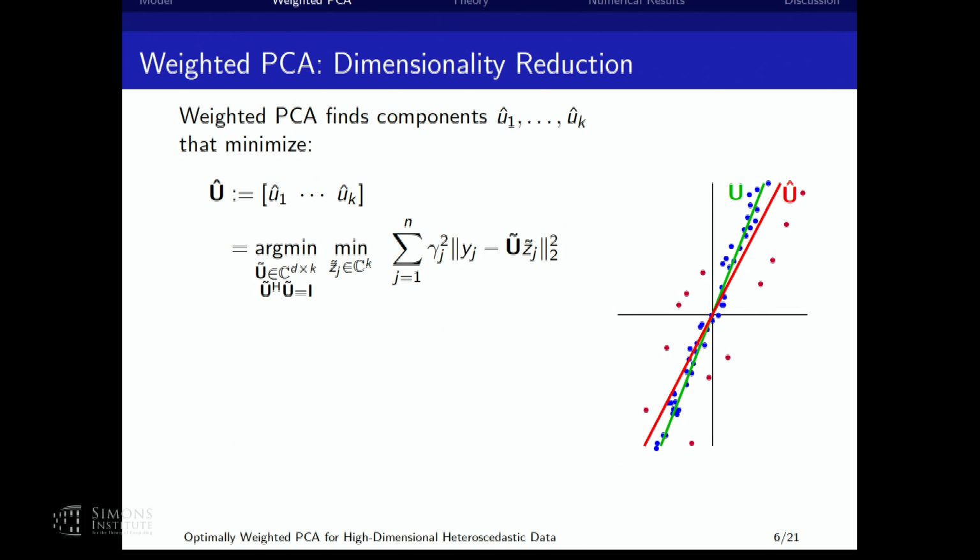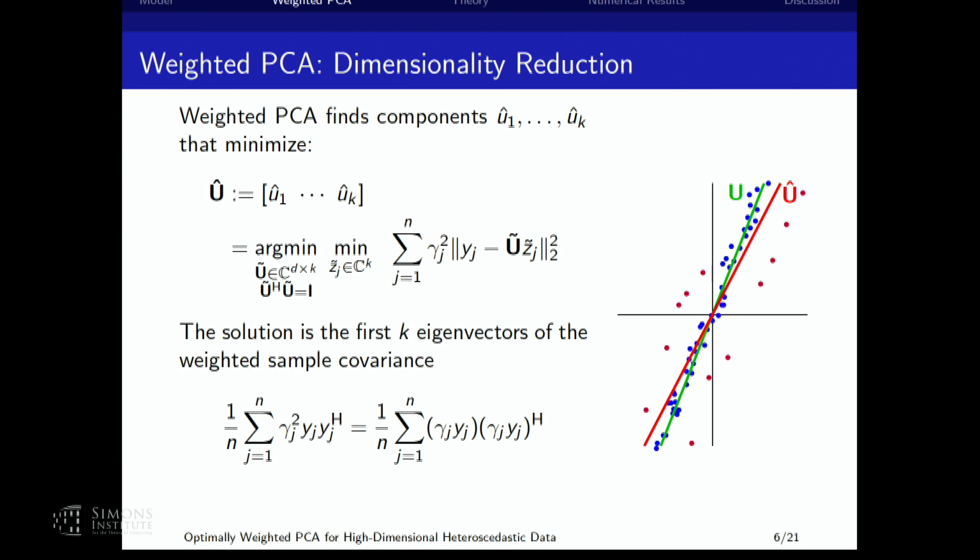Okay, so we're going to do a particular type of weighted PCA. Since every column in our data set has a different known noise variance, we're just going to weight by column. And so we'll have a weighted PCA objective where we've inserted these weights gamma. And of course, if I have these gamma weights inserted here, that's just equivalent to finding the PCA solution for the weighted data matrix. So all I have to do is weight every column, apply PCA, and I have weighted PCA output.